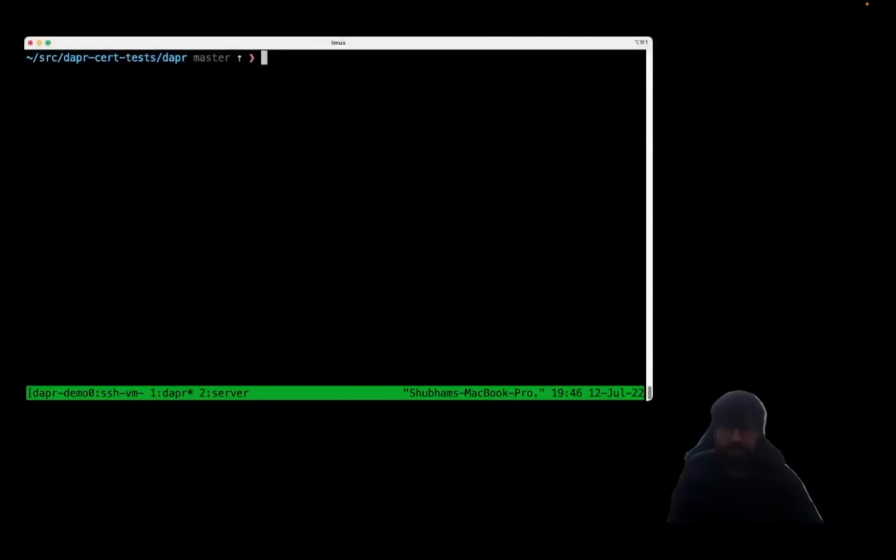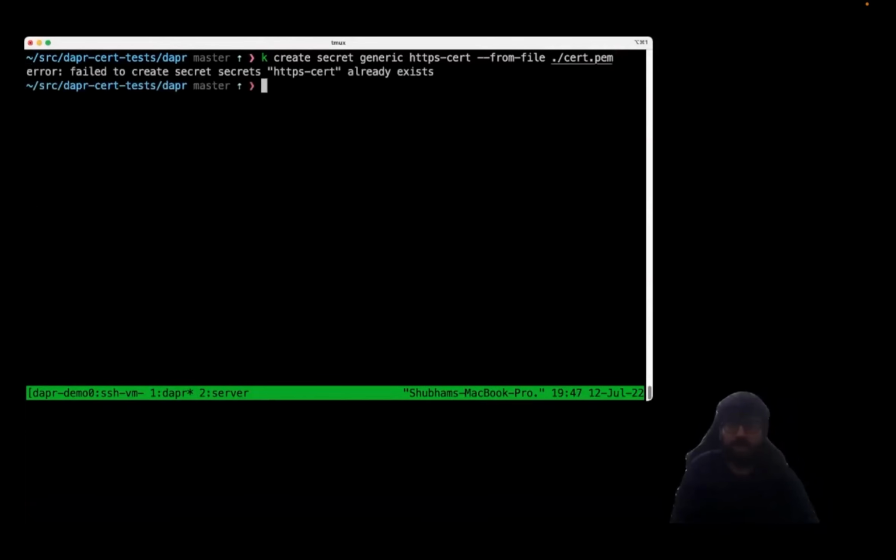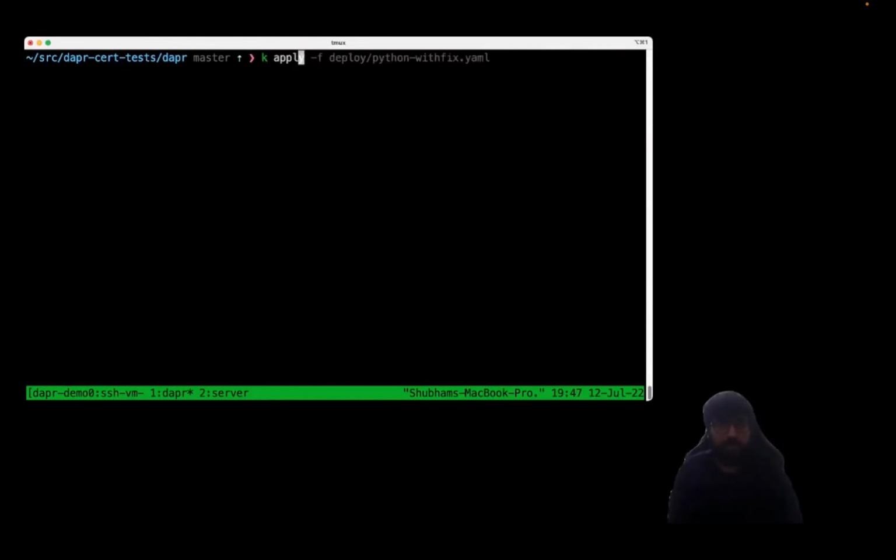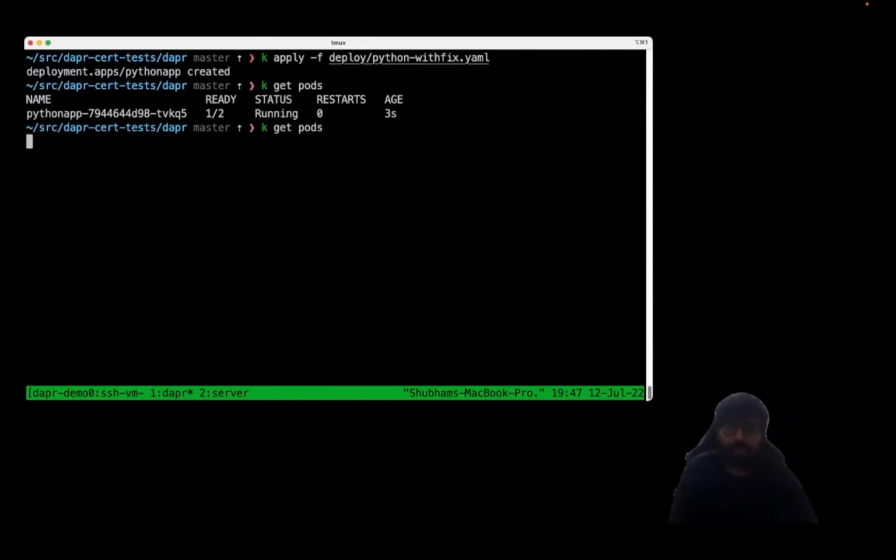So let me show my terminal now, and let's look at a few things. First of all, this is what we use to create a secret. This cert.pem is again a self-signed certificate that we are using. I think it's already created, so yes, it already exists. Next, let's apply this deployment file and see what happens. There we go, and let's do get pods. So it's starting up